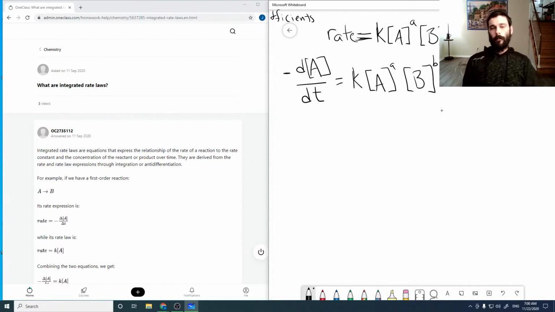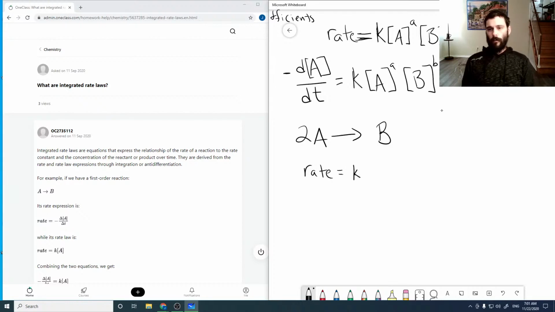So if we consider the simplest bimolecular reaction, which is to say that we have two A's going to a B, right? So the same species itself to give you your B species, then our rate is just going to be